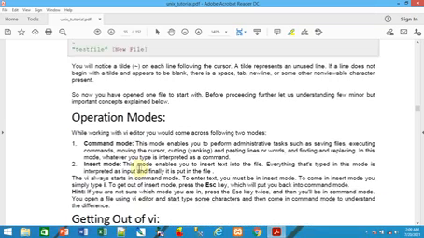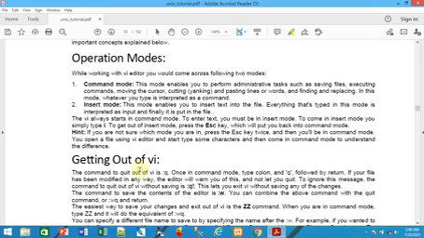VI actually has two or three operation modes. The first one is command mode. Whenever you say vi and a file name, it automatically comes to command mode first.